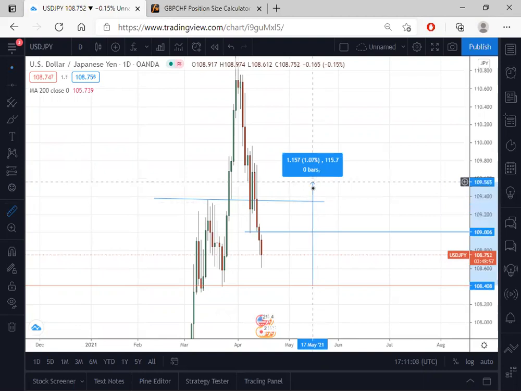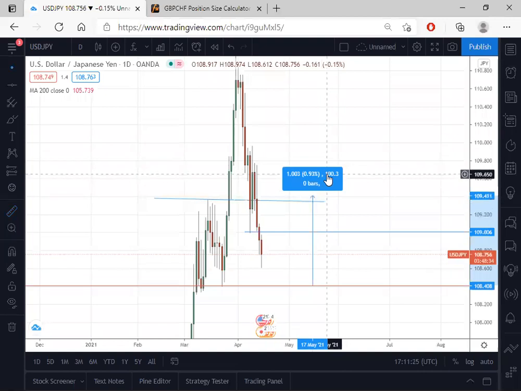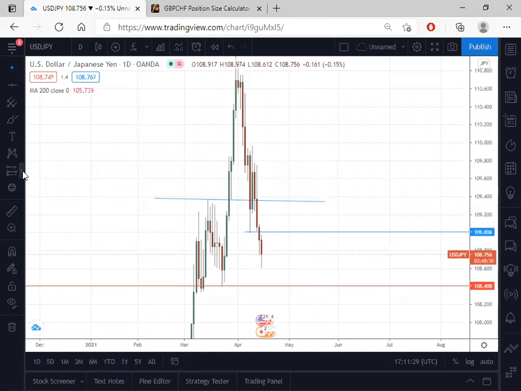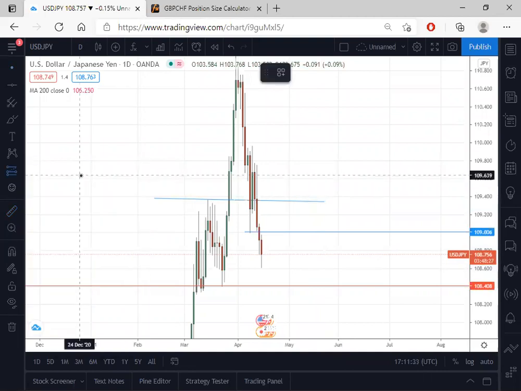Okay, so 100. Remember the pips is on the far right, so 100.3. That's basically 100 pips, and 0.93% in terms of profit. So percentage-wise profit, that's 0.93, and in terms of pips, that would be 100 pips. Right, so then let's say we're looking to place a buy stop and just let the